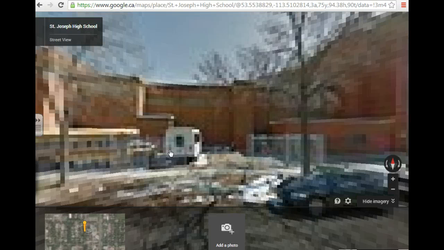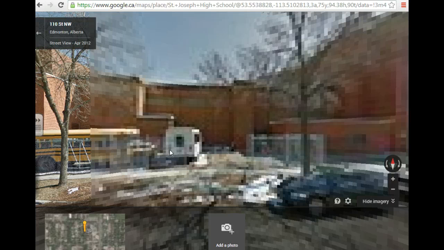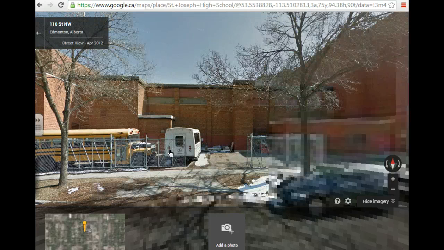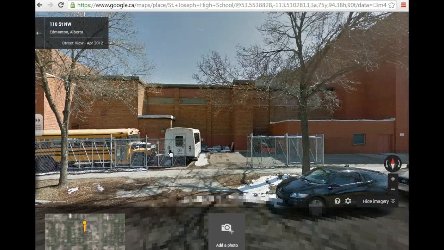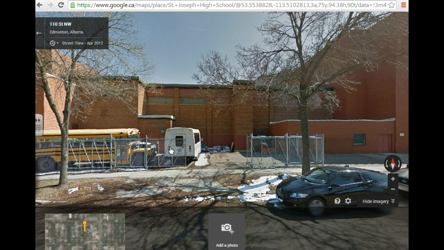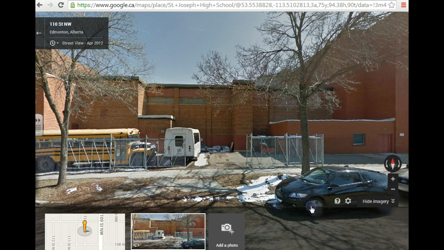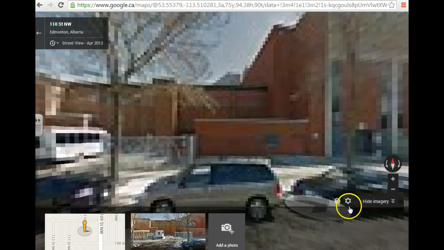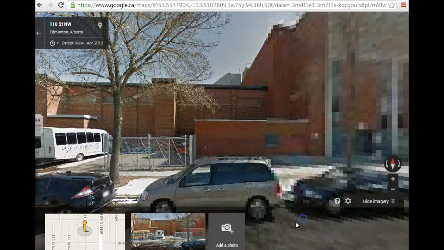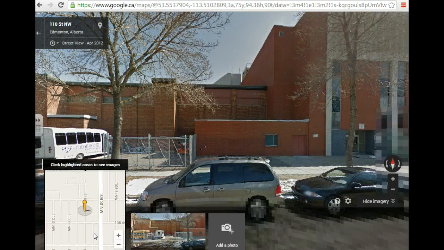it will take me to Street View. It's actually showing me the back of the school rather than the front, because all of these images are provided by Google itself going down the road, and so it can't really differentiate which is the front of the school. It's just taking pictures. But this little arrow shows up, so I can actually move us to get closer to the front if I wish. However, I'm just going to go back